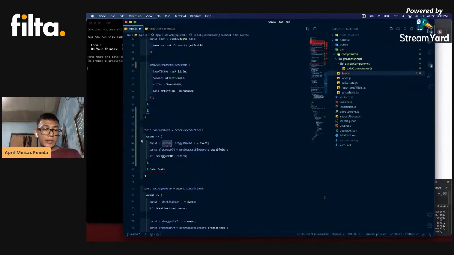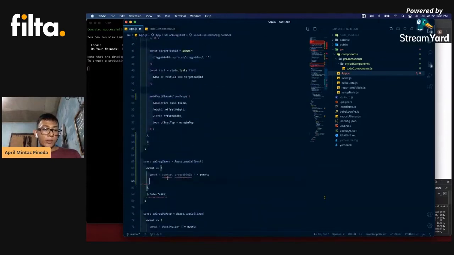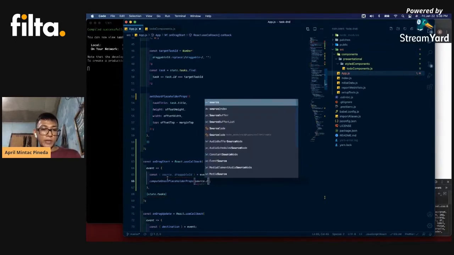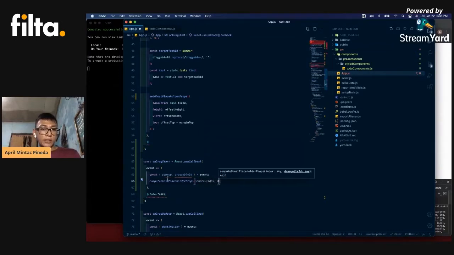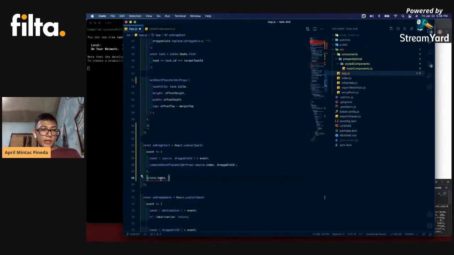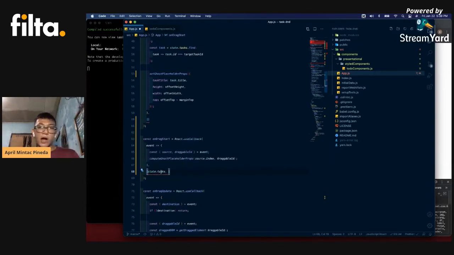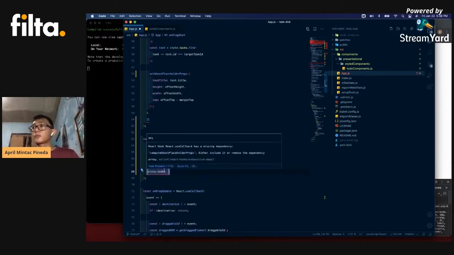And then in this case, I am just going to remove this, and I am going to call this function right here on this callback, and just provide the index, which is source.index, and then the readable ID. And then of course, again, coding standards, as you can see, ESLint is not allowing me to violate the rules. It's telling me, hey, there's something missing in your code. You need to correct that. So that's how ESLint is very useful.